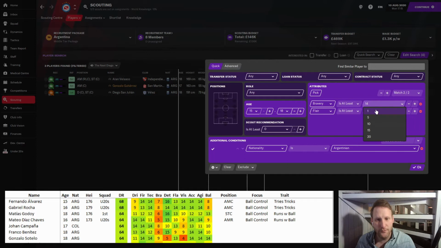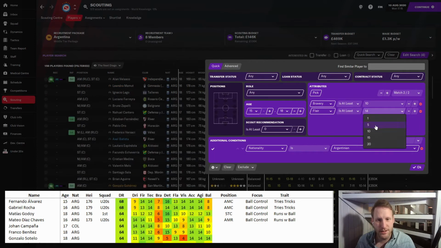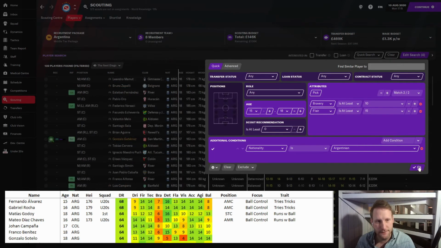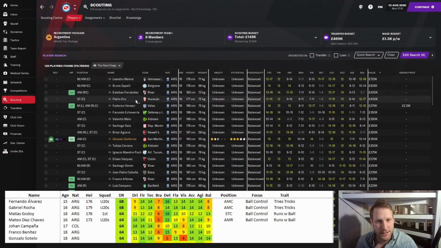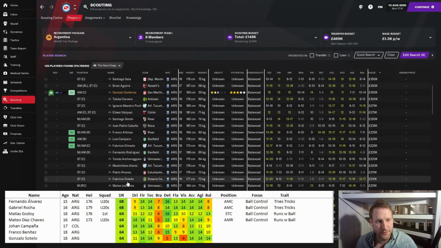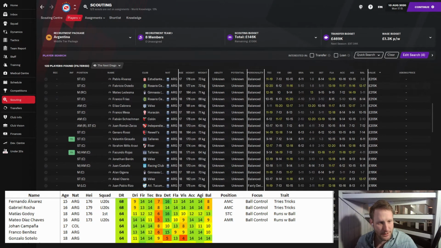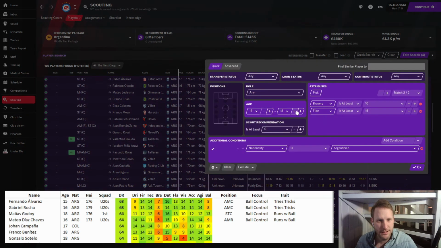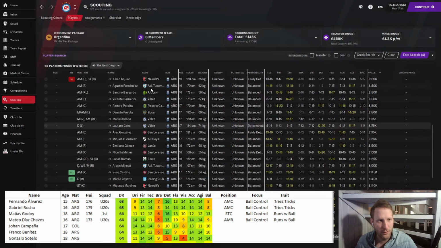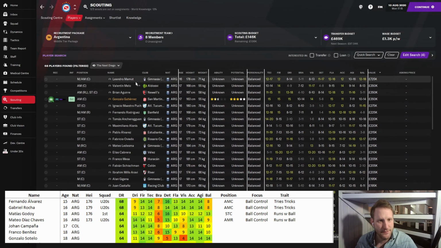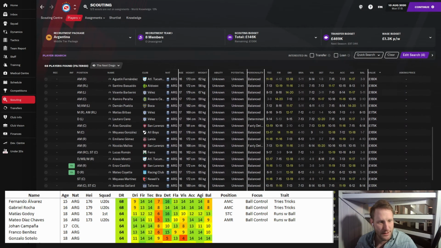Let's look at Bravery. If we go like this, Bravery 10, Flair 15, this combination gives us loads of players to scout. Let's scout all these. Let's do this. 18 is probably too old for us. Let's go 15 to 17. Scout all of these guys.